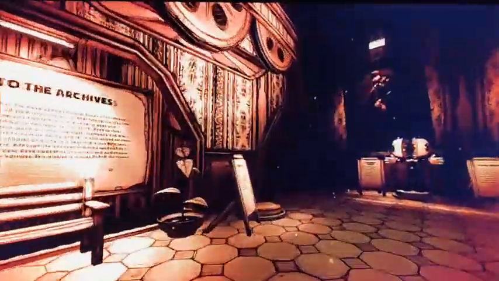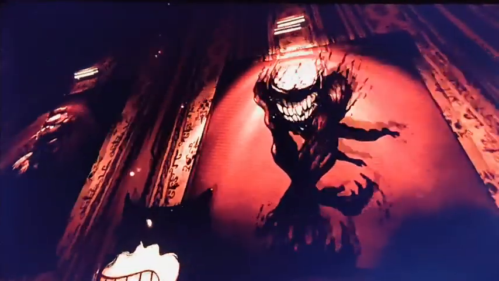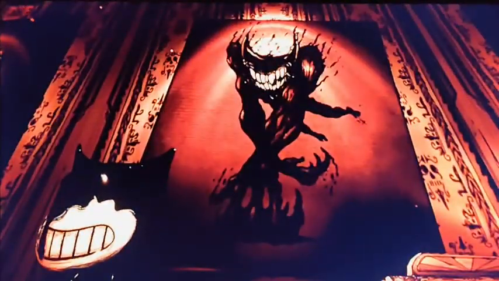Hopefully the camera can catch all of these. This was the first ink Bendy design, AKA bird poop. Yeah, that was it right there. And we looked up here, this was what Beast Bendy was. Yeah, Beast Bendy, that's great art right there.